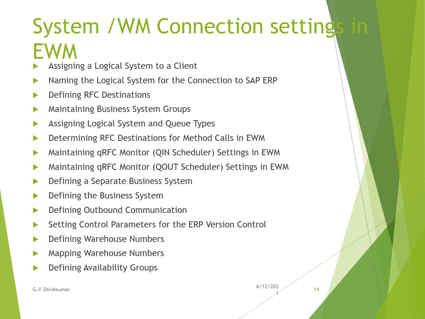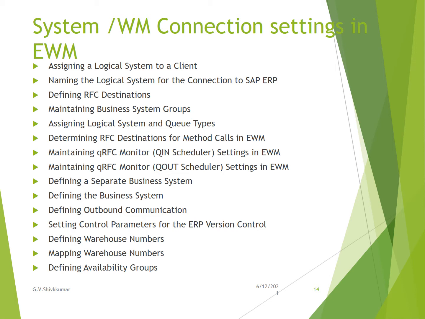Assigning a logical system to the client, the same way we did for WM. In WM, we need to define the target system, and here in EWM, we need to define the ECC source system, that is the logical system to be mapped to the client. Naming the logical system for connecting to the SAP ERP ECC system, and defining RFC destination same way we did for WM. Maintaining business system groups, assigning logical systems and queue types, determining RFC destination for method calls in EWM, maintaining the QRFC monitor,